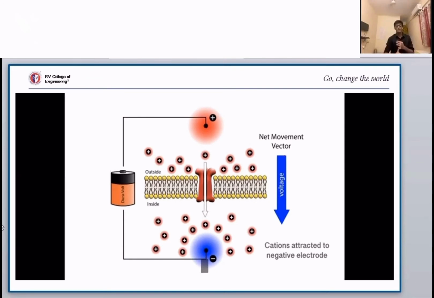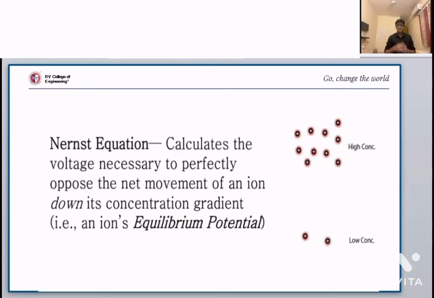Now, you might be wondering that in the first slide, I showed you that the ions are moving from inside to outside due to their concentration gradient. But now they're moving from outside to inside. How is it happening? Now, basically, here comes the Nernst equation. Nernst equation helps us to calculate the necessary voltage to perfectly oppose the net movement of ion down its